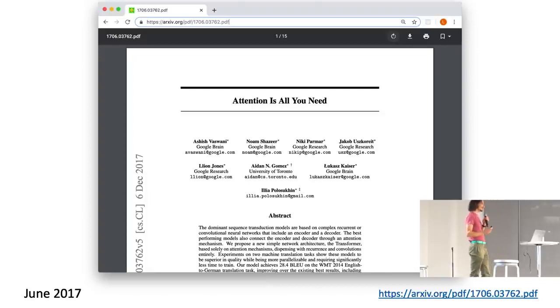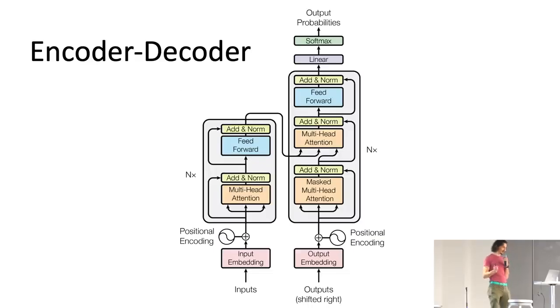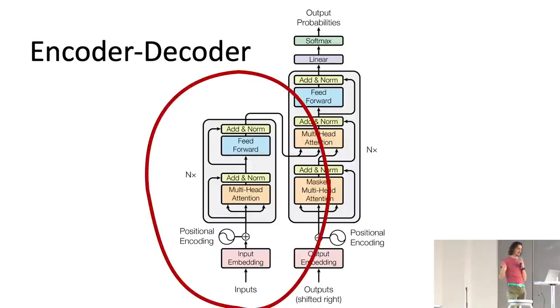And this paper was addressing machine translation. So think about taking a document in English and converting it into French, right? And so the classic way to do this in a neural network is encoder-decoder. Here's the full structure. There's a lot going on here, right? So we're just going to focus on the encoder part because that's all you need for these supervised learning problems, and the decoder is similar anyway.